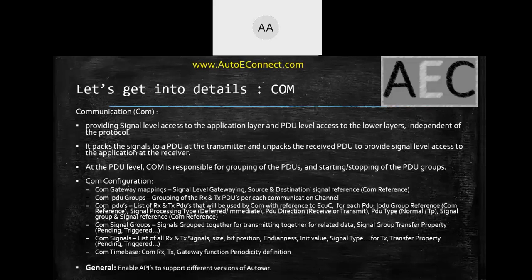So whatever gatewaying we do there is complete PDU gatewaying. Whereas, for example, consider a use case where you are getting a PDU from one CAN channel, and that message contains 8 signals, each of size 1 byte. Among them, 2 signals are processed and filled by one particular ECU, which communicates this PDU over the CAN bus with only those 2 signals filled, and then gives it to the second ECU. The second ECU receives these 2 signals and processes some data. Let's assume the rest of the 6 signals are filled by the second ECU.